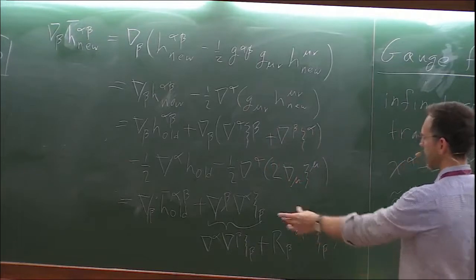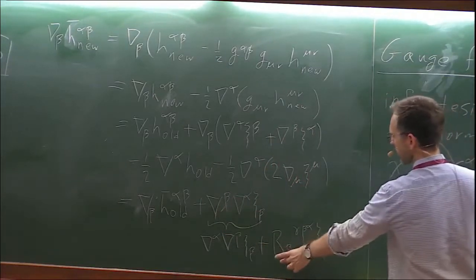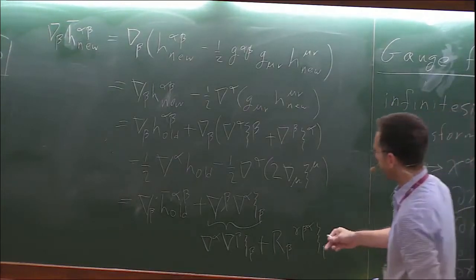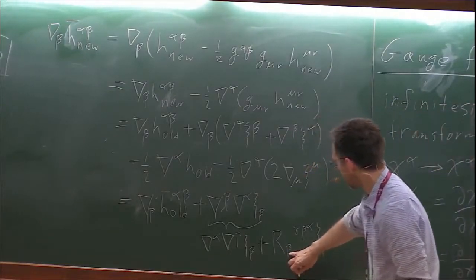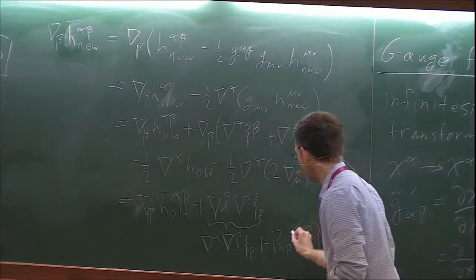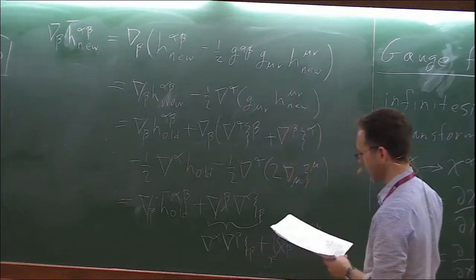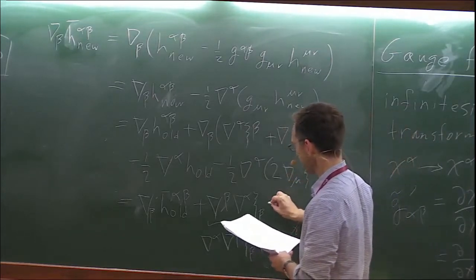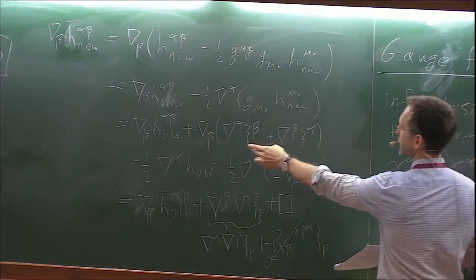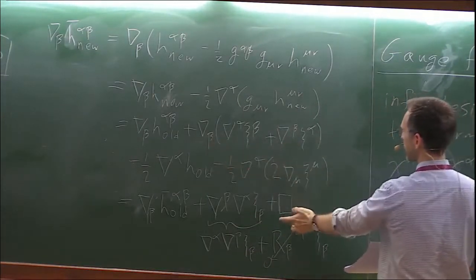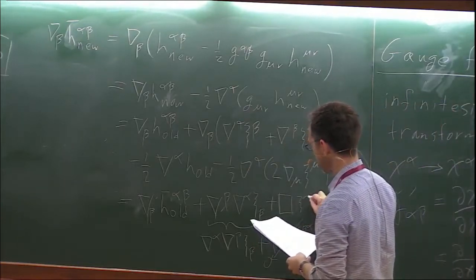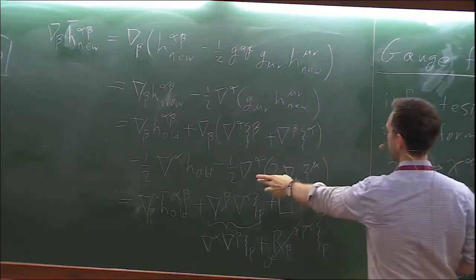So that's just commuting this derivative at the cost of introducing a Riemann term. And you see this is actually the Ricci tensor because we're contracting two indices inside the Riemann. So this is 0 in our vacuum background. And this term here, we have grad beta contracted with grad beta, and that's just the box operator. So we have the box operator of xi alpha, and then we have this final term,